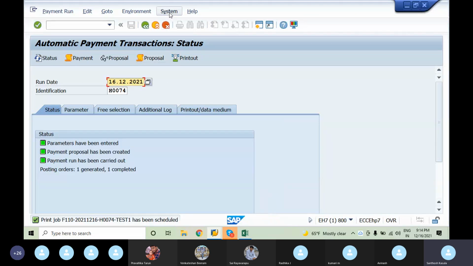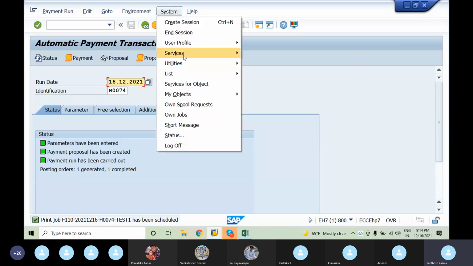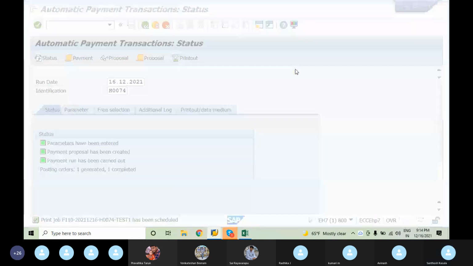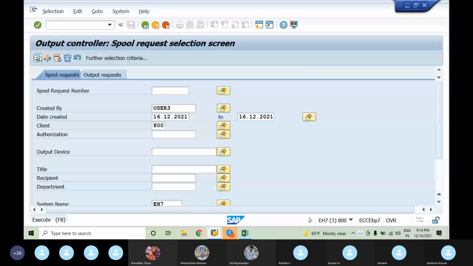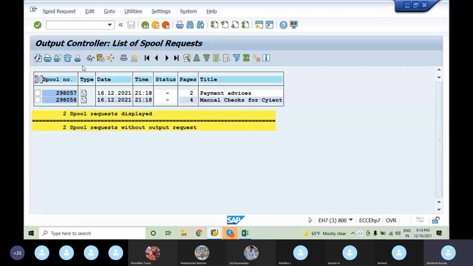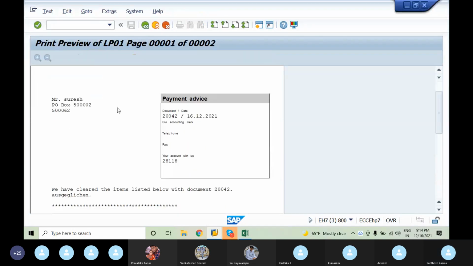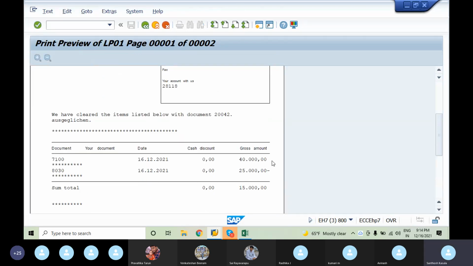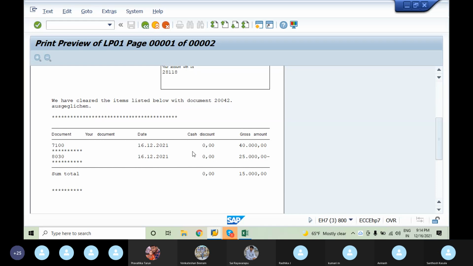And generate the printout also. For this, we can go to T code SP01, or else we can directly view it from here under services and output control. Execute, and payment advice. So what we have paid: the vendor invoice is 40,000 and the customer invoice 25,000, and what we have paid is 15,000. So the payment advice has been generated.